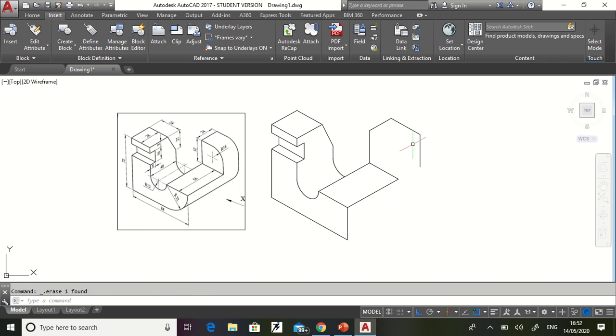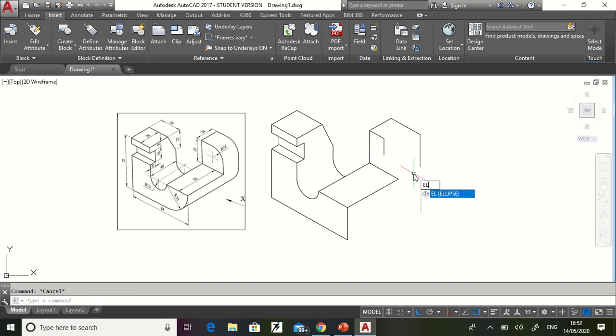Next step will be to draw a circle over here. So this is radius 16, this distance is 32. So from this point the line will be at a distance of 16. Then we should have the circle. So for drawing the circle we require the center point. So come down by 16. So we get this center point.